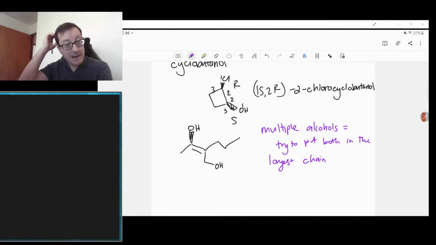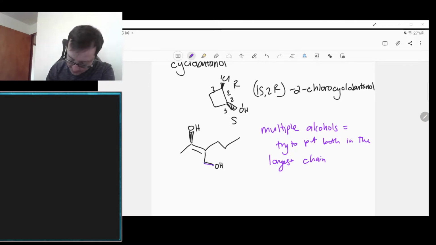So try to put as many as you can here. So our longest chain has to contain both alcohols. So that's going to be our longest chain there. So that's 4 carbons. And so the parent name for this thing,